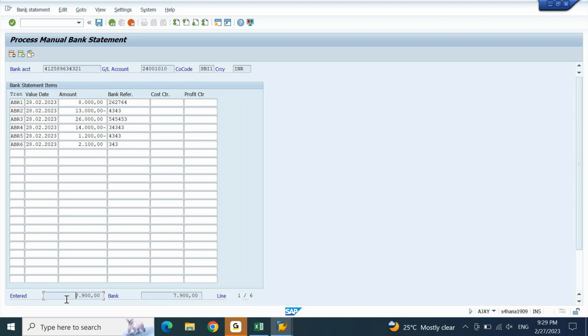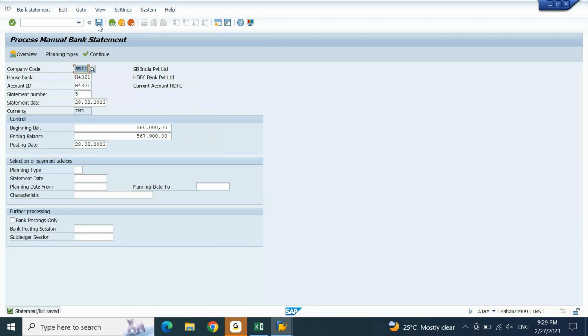Okay. Once you fill up everything, you have to save this statement. The first save will save the statement. Once you save it for the first time, you have to save it again for the second time. The second save will post the statement. If I click on save,